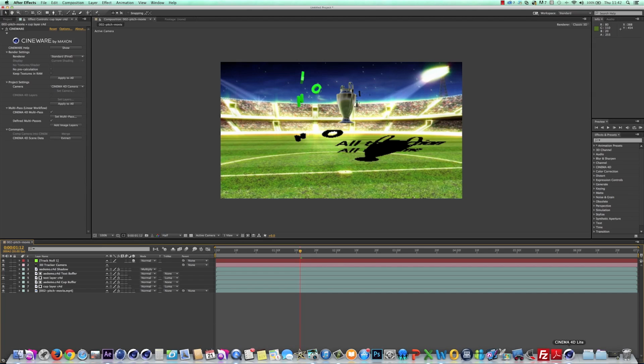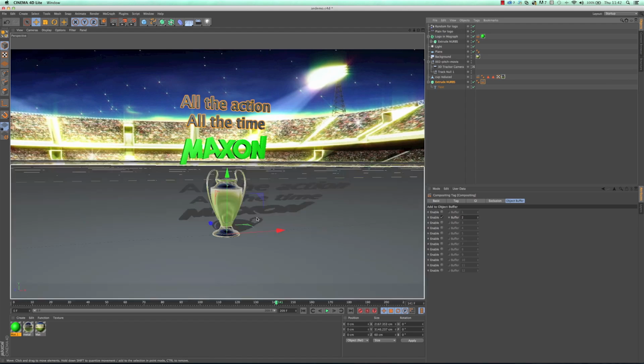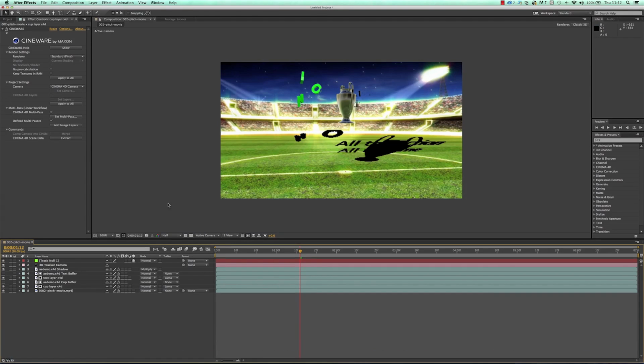So we'll just fix that quickly, and in this case, we can just grab this buffer here and control drag drop. So we're saying, also have that in buffer too, so that text now when we go back to After Effects should also automatically be added as well, if I've done it right.